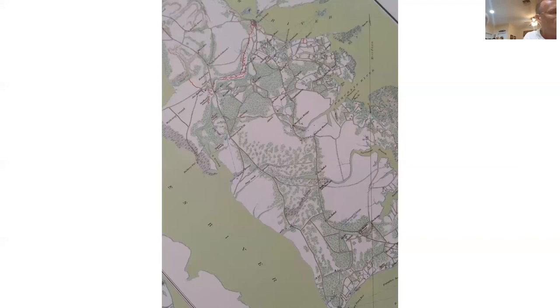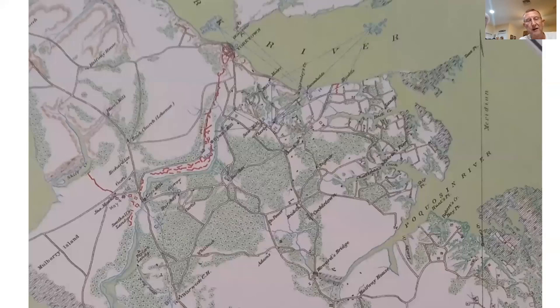Okay, now we'll take a look at the next slide. It's more detail. We're focusing down from the whole peninsula. Now we're down to where the Warwick defensive line is, the red line along there. And I'm going to point out Lee's Mill is right there. On up the Warwick River, you can see where it says Wynn's Mill. Another location we're going to talk about is